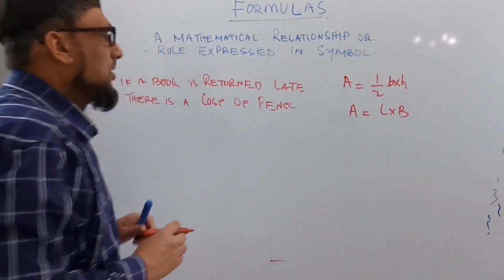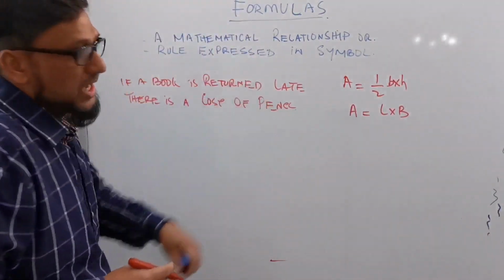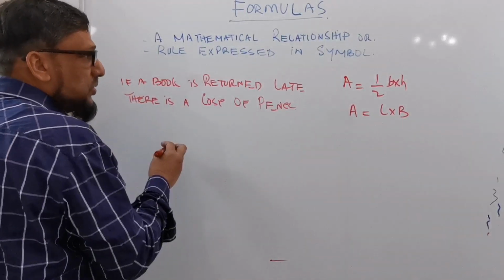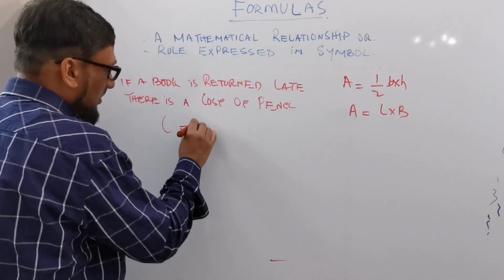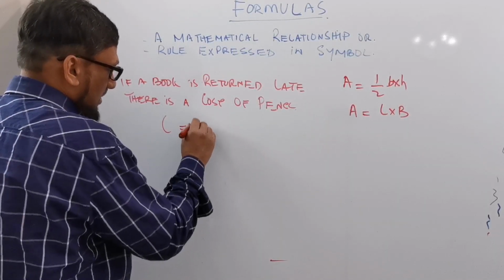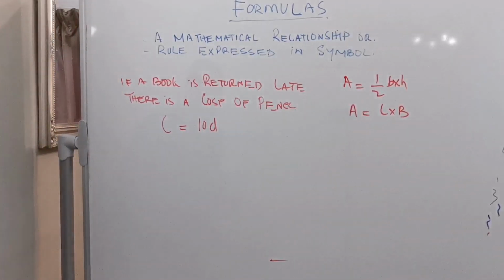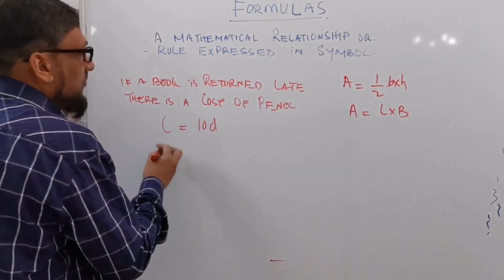There is a cost of pence for the late charges. So the librarian uses the formula C equals 10D. So it means the cost of pence, which is